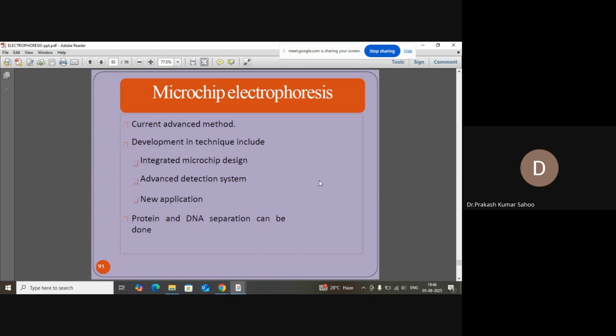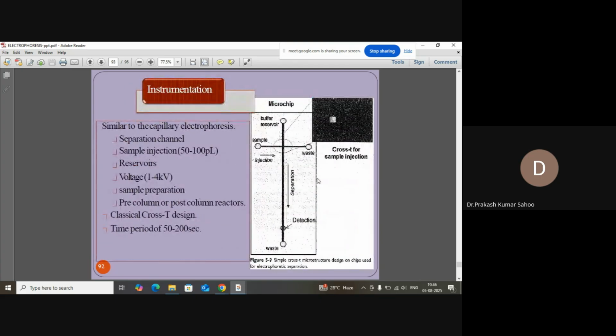Then microchip electrophoresis. It is a current advanced method. Developments in the technique include integrated microchip design, advanced detection systems, new applications; protein and DNA separation can be done. This is the instrument we have. That is your electrophoresis separation,